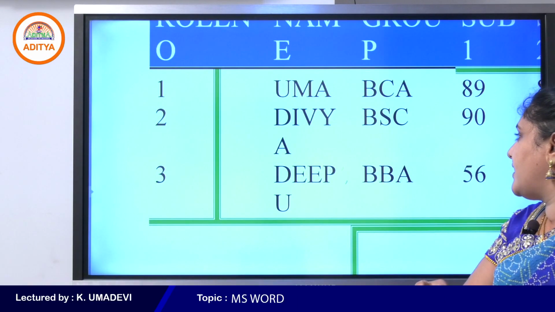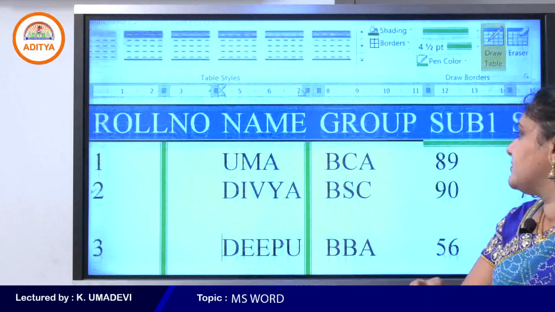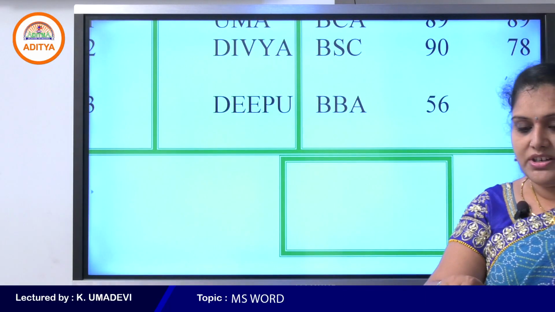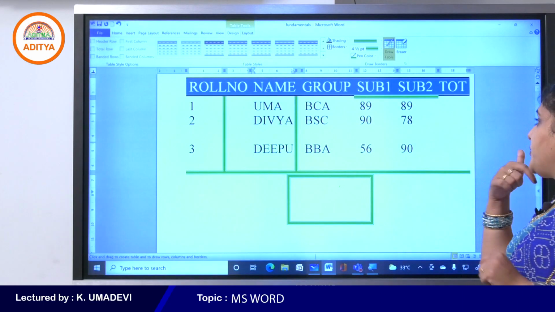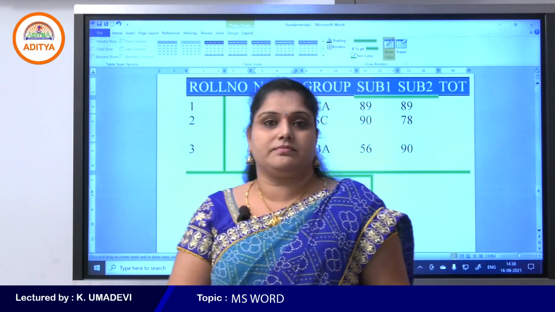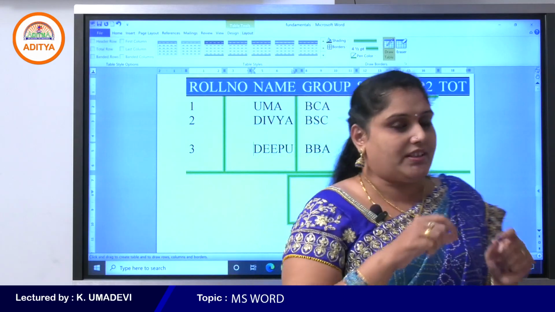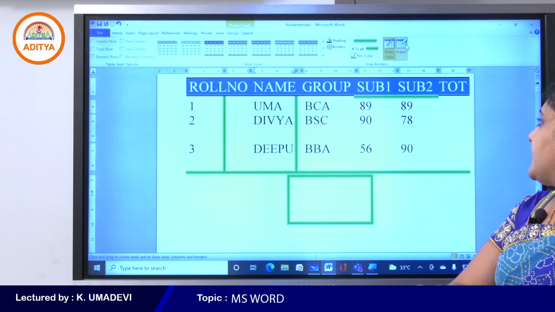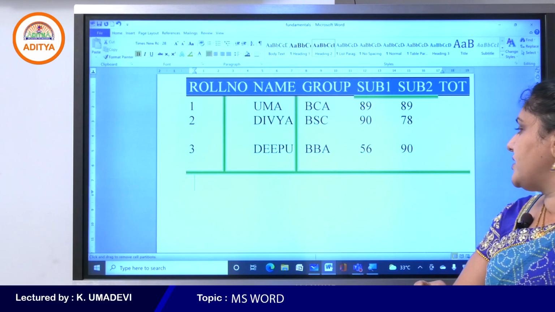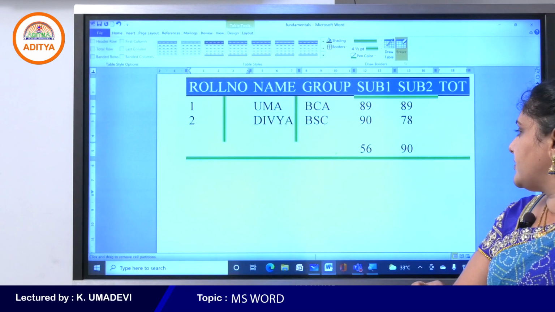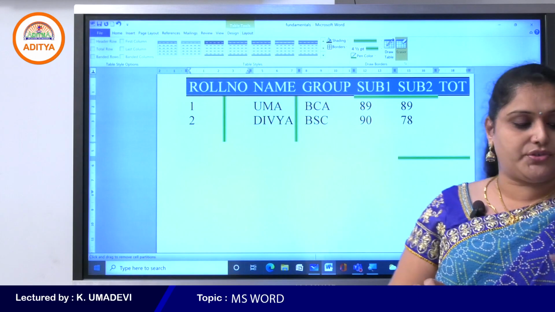So like this you can draw lines to separate the columns. Yes, we can easily draw the borders for the existing table, or else we can easily create another table by using the draw table command. Clear students? So the last one is eraser. If you want to erase a particular border, simply click on eraser and then erase the borders. So like this. Okay students, so this is about the draw borders group. Clear?